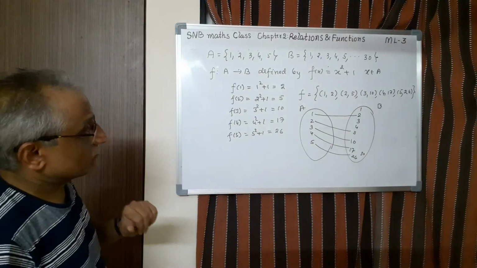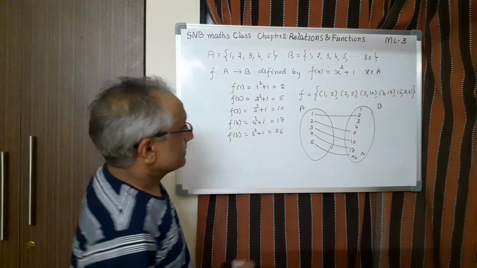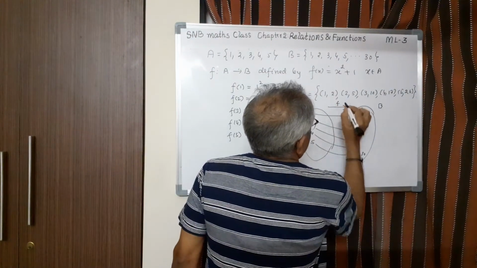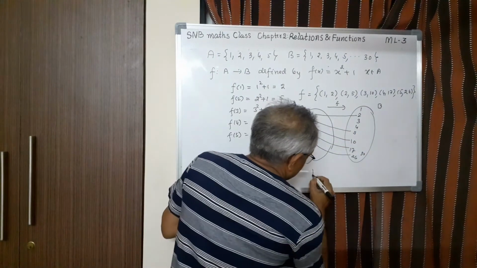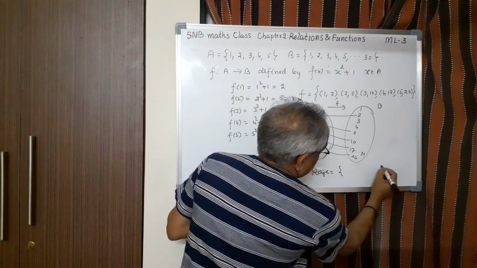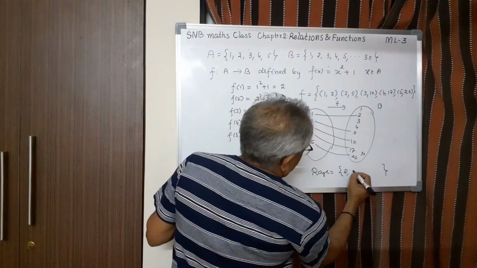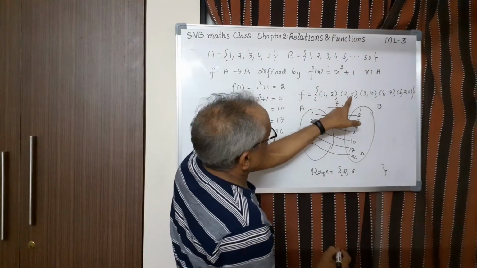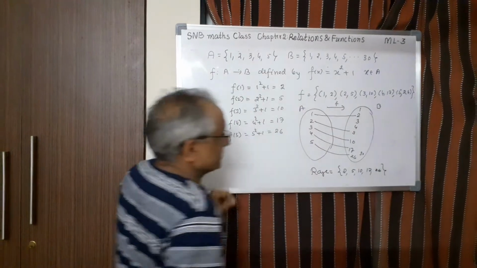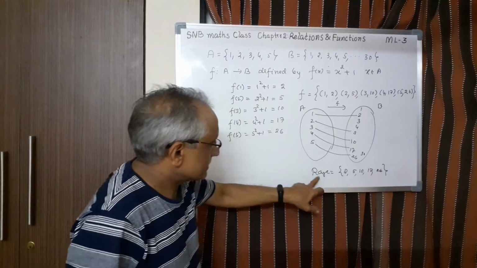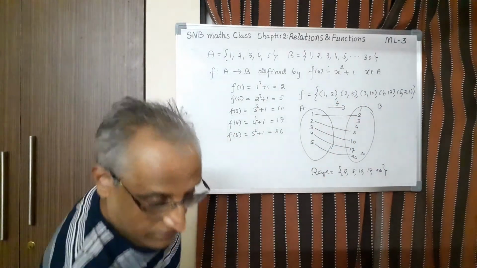Then here you can also ask what is the domain of the function. Domain of the function is 1, 2, 3, 4, 5. So they are also pre-images. Then of course I should represent this by F. Then what is the codomain? Codomain is B. What is the range? Range here, I have to write only the images. 1 is 2, this is image. Then next one is 5, that means second element I have to write 2, then 5, then 10, then 17, and then 26. So these are the elements, images, which is range. So range here is a subset of codomain. So this is the function.